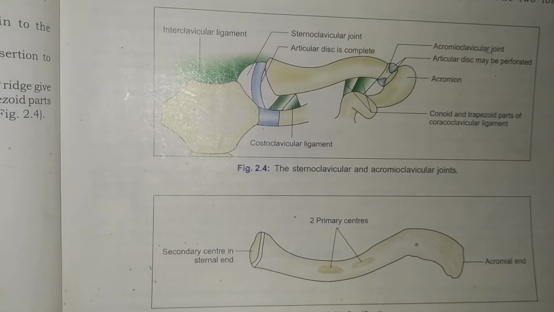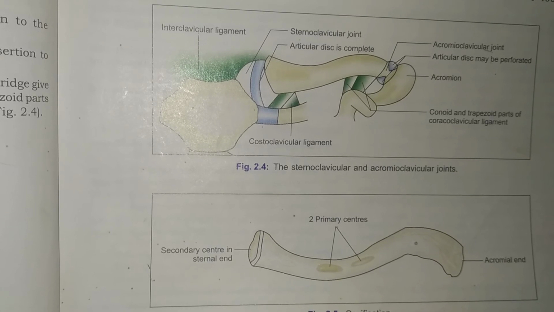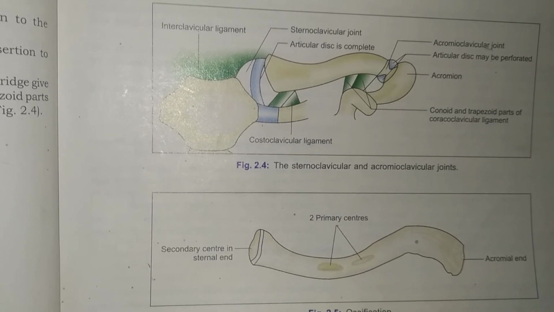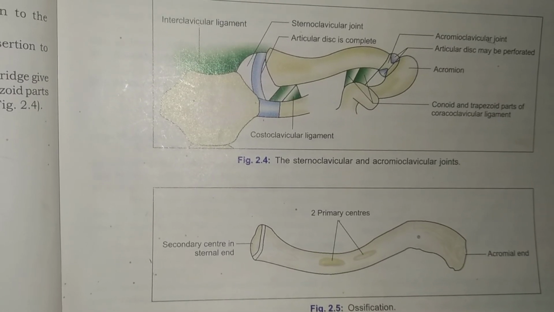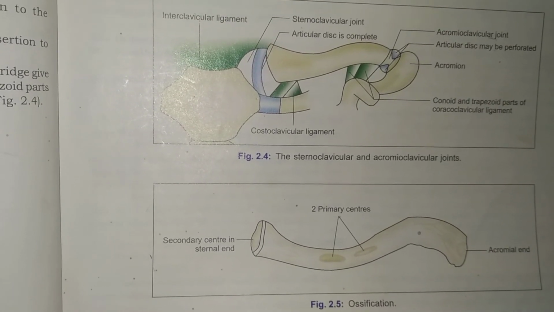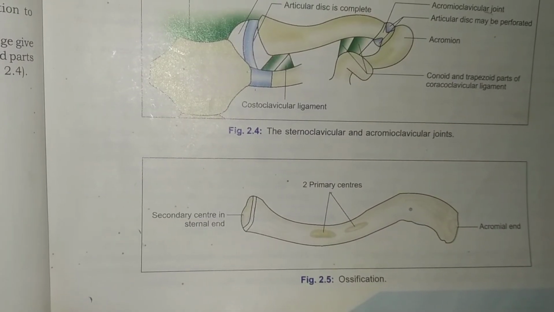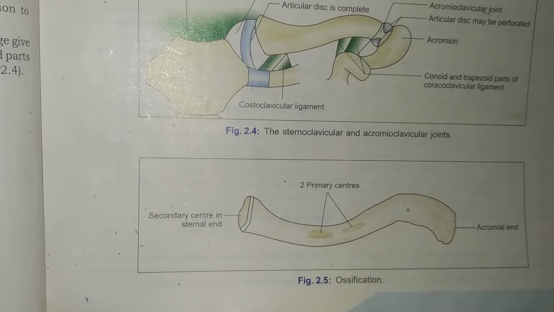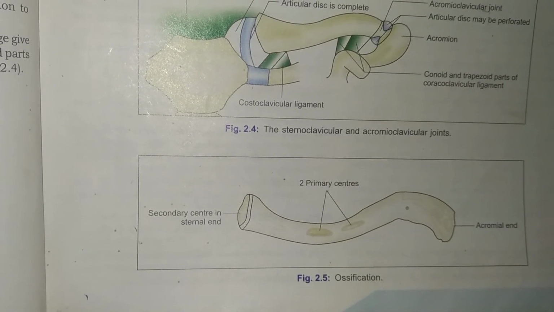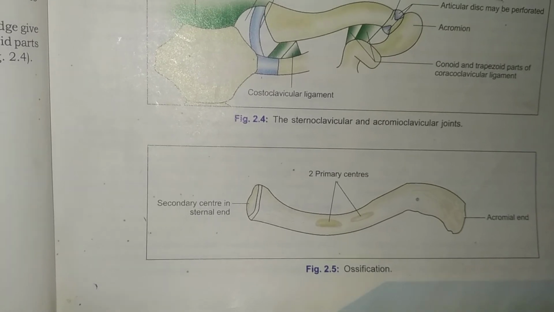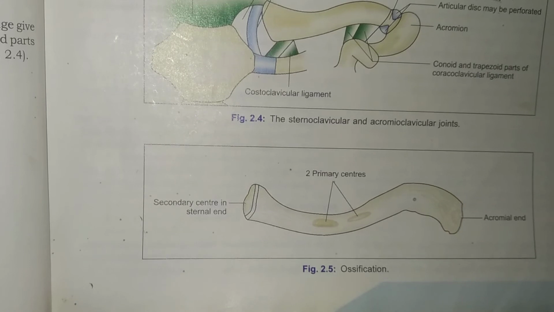Now how can we determine the side of this bone? The lateral end is flat and the medial end is quadrilateral. In other words, whenever the external examiner asks you to hold it in anatomical position, how can you identify which side the bone is? There is a shortest method. The lateral end is flat, so you need to hold the end that is flat laterally. Now